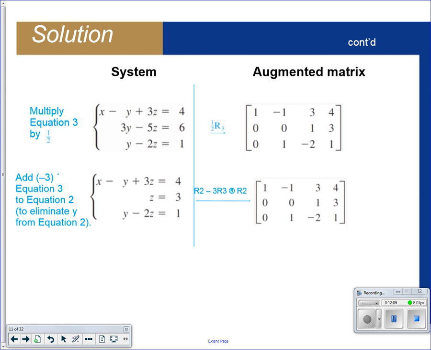The next thing that you really want to get is what's called leading ones. To do that, you can take row 3 and multiply by a half. If you want to make something a 1, but it's a 2, you could multiply by 1/2 to make it a 1. If it's a 12, you could multiply by 1/12. Okay, and this shouldn't say R. This should say